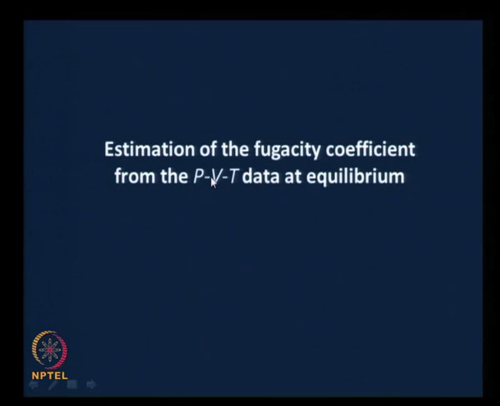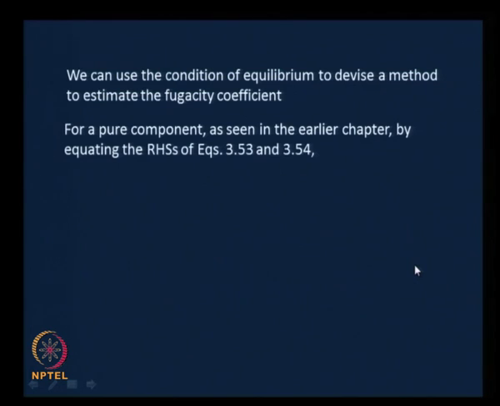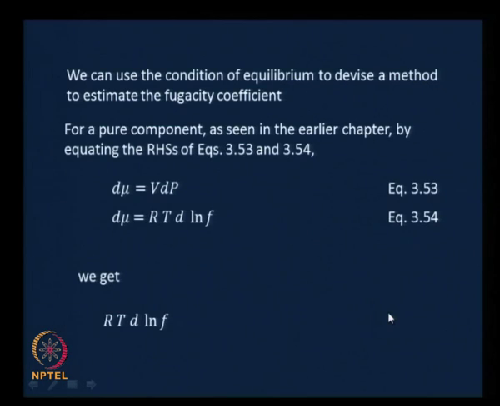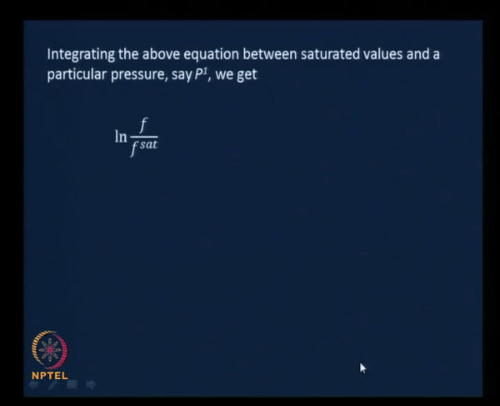Then we looked at using the vapor liquid equilibrium case and estimating the fugacity coefficient from the PVT data at equilibrium. This was essentially a different method of getting the fugacity coefficient. We had derived this by starting out with some expressions in module 3. We got RT d ln f equals V dP, and we had integrated that expression,